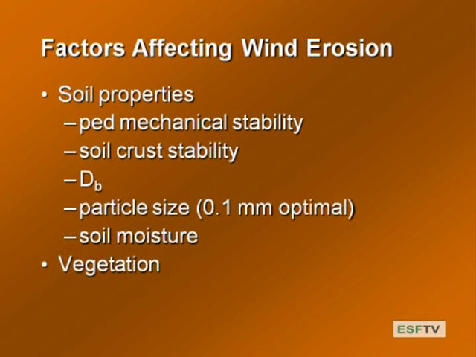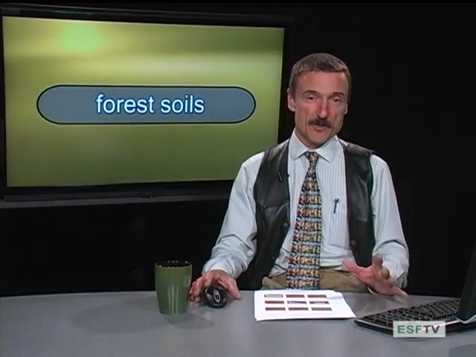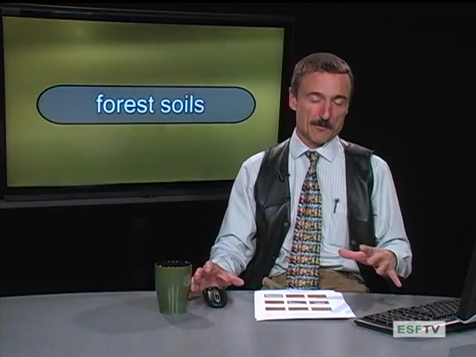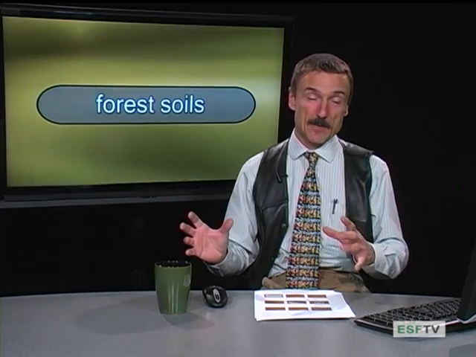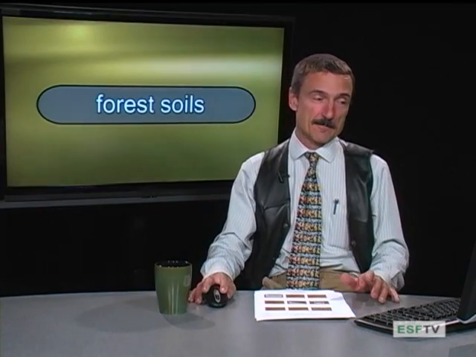Okay. And throw on top of that vegetation. And of course, vegetation kind of holds particles together. The roots hold things together and it protects the surface. So increased vegetation reduces the problems or the propensity, the probability of wind erosion. So those are the issues. Those are the factors. And if we think about wind erosion, we think about it in those contexts. It's a good way to think about what's happening, also of how to prevent it.